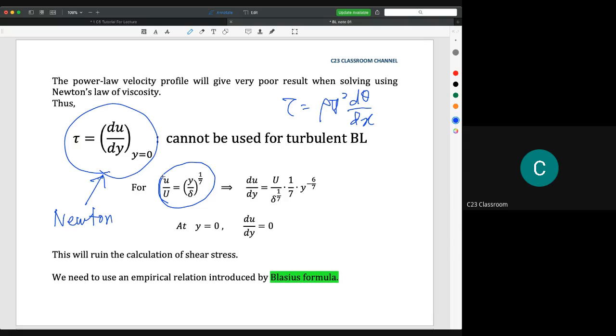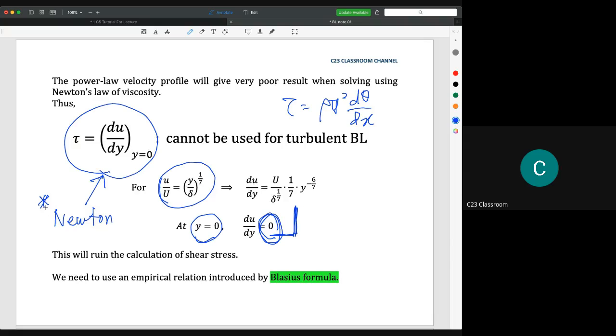If we do du/dy and then substitute y equal to 0 here, we get the value of 0. Your mathematics calculation is correct, but it will ruin the calculation of the turbulent boundary layer. The number 0 here cannot be used to continue the calculation of the boundary layer. So first, bear in mind that Newton's law of viscosity cannot be used